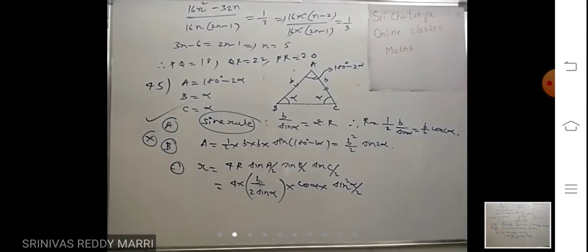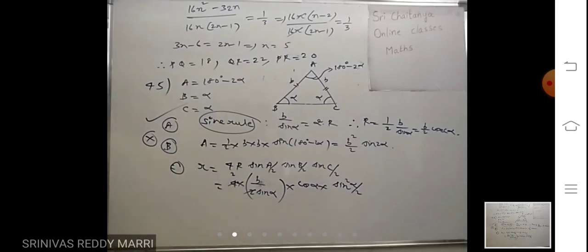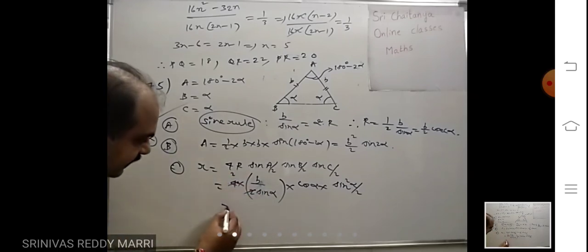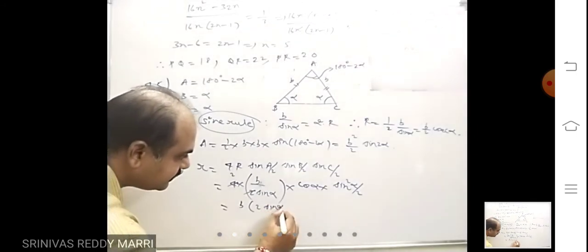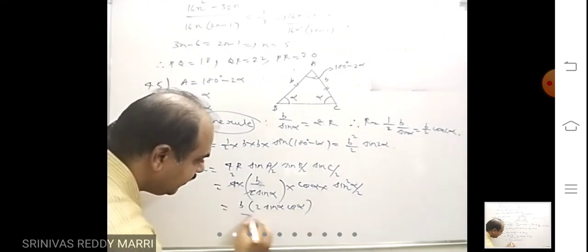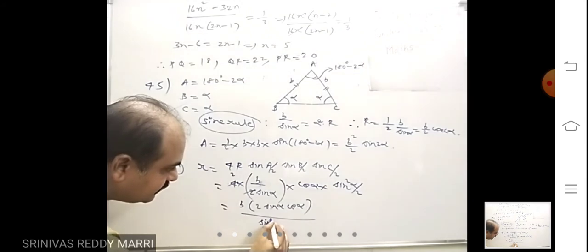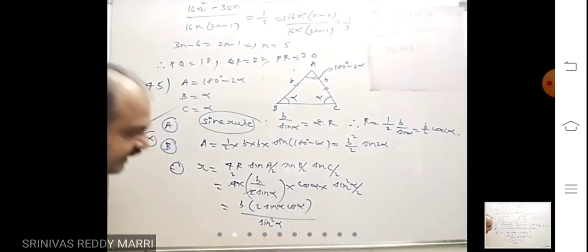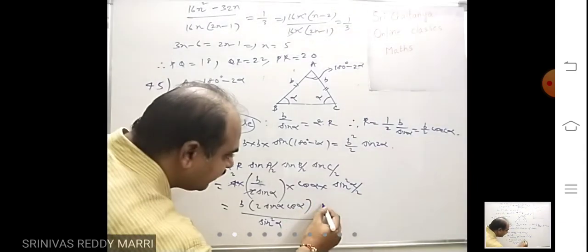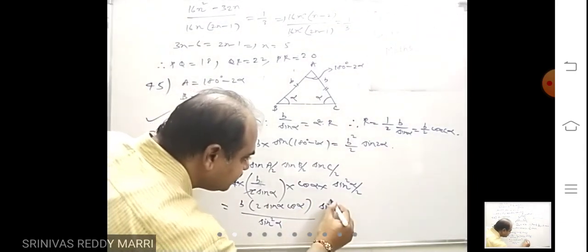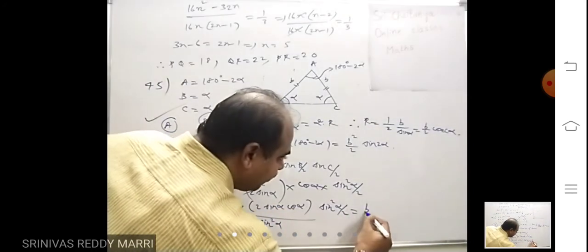So we will convert it like this. Look, the 2 cancels. What I am doing is, this b, I am multiplying and dividing by sine alpha. Then sine alpha into cos alpha I have clubbed, and what remains is sine square alpha by 2. So this is sine 2 alpha.